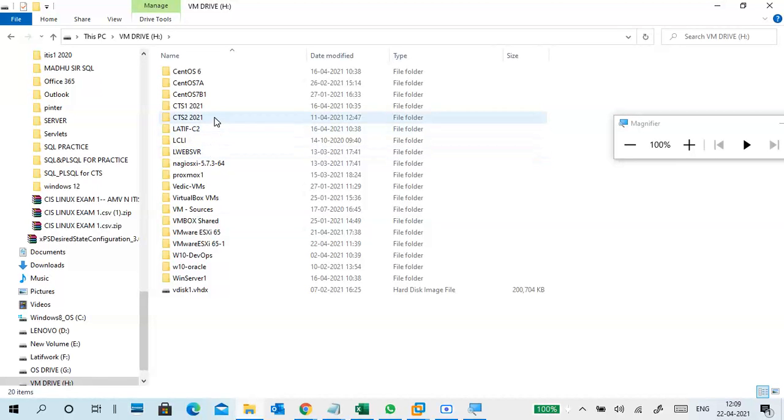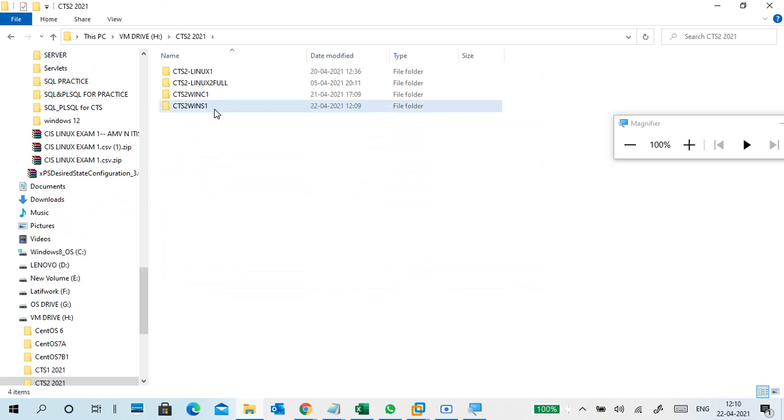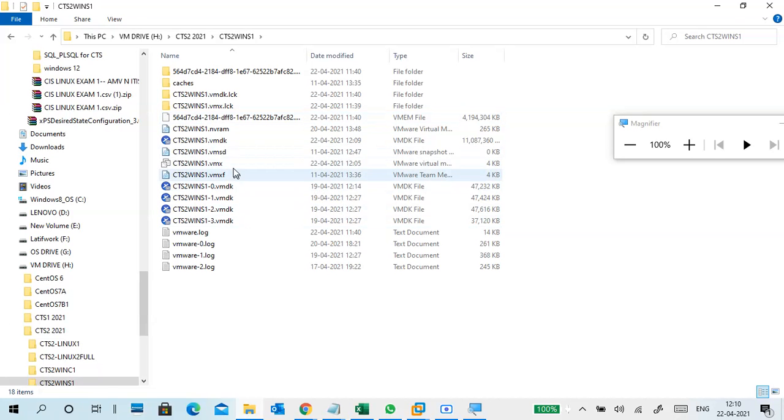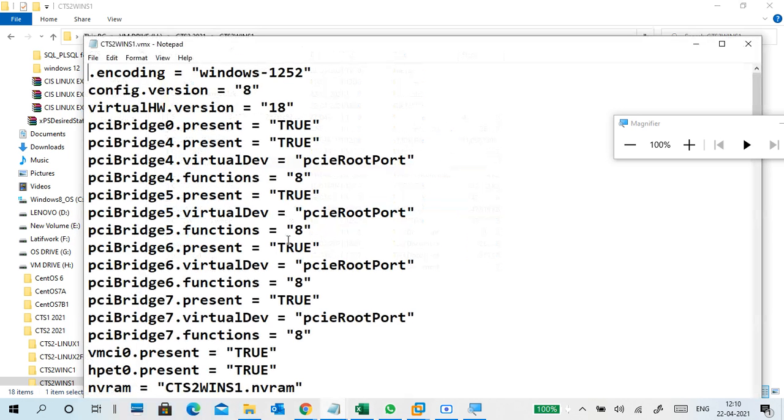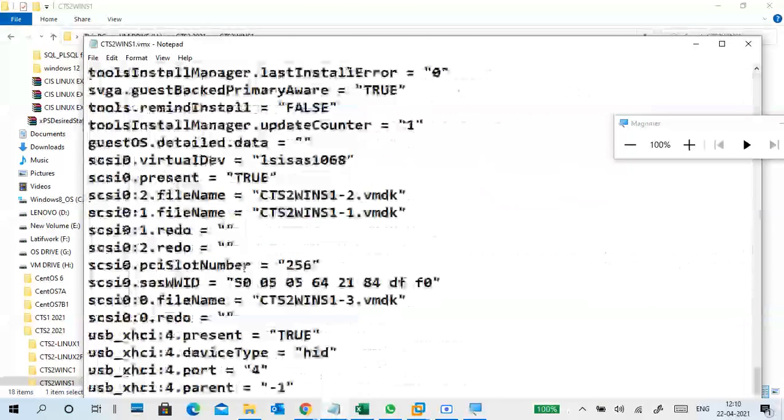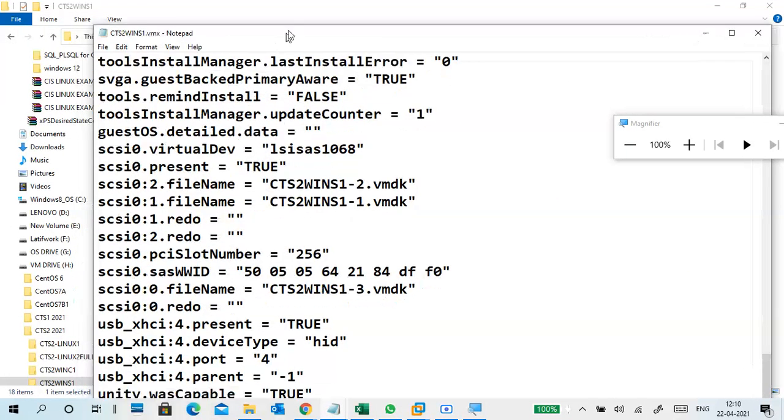If you really want to, you have to go to where I stored this machine. Here it is. You have to add into this file. Currently the machine is running. If you see, I added three lines at the bottom, but it is not showing here.